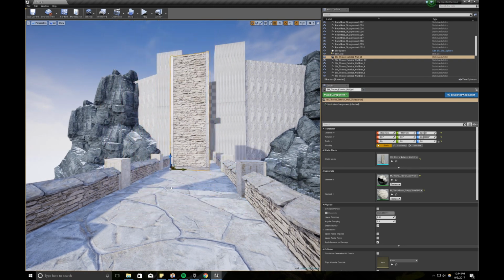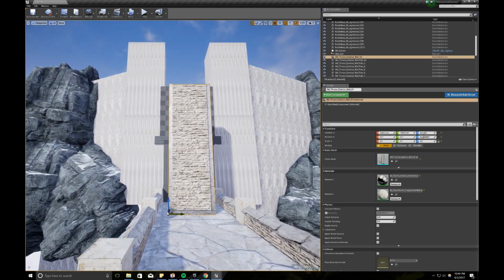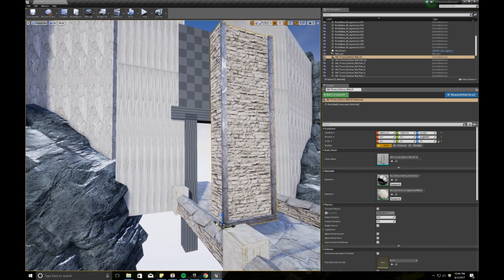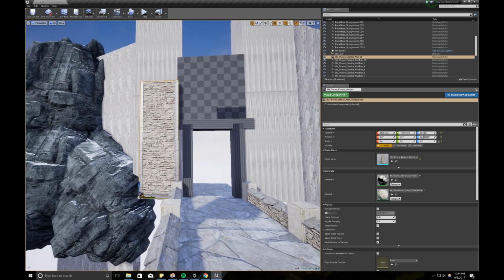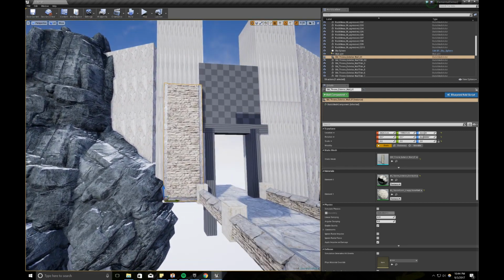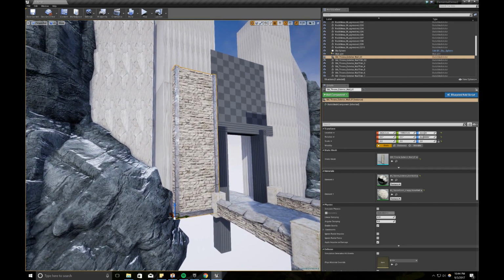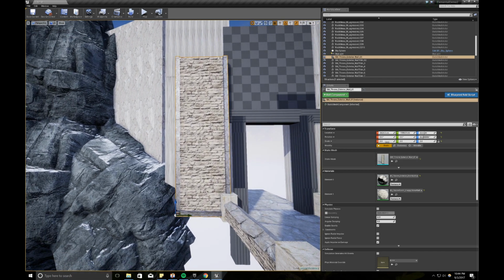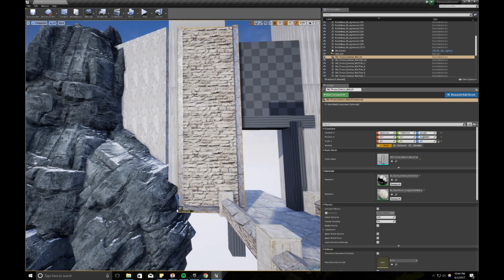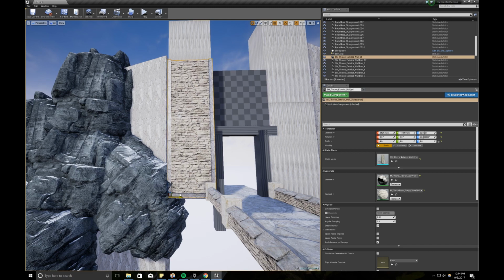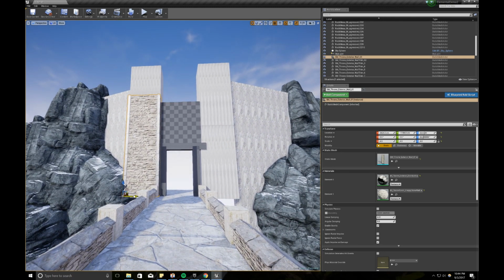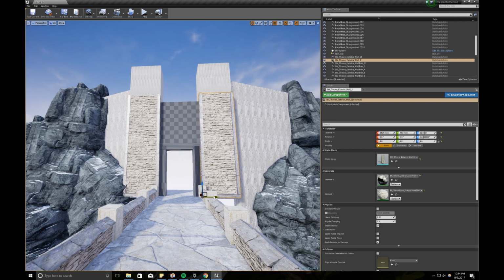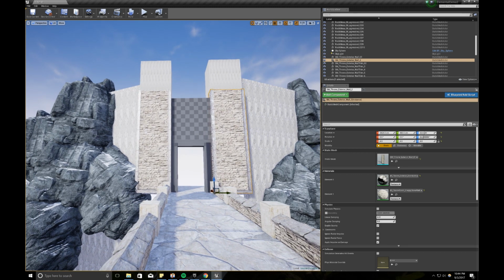Let's drag it back. Probably 4 works better. Clone it. And then for the top segment,